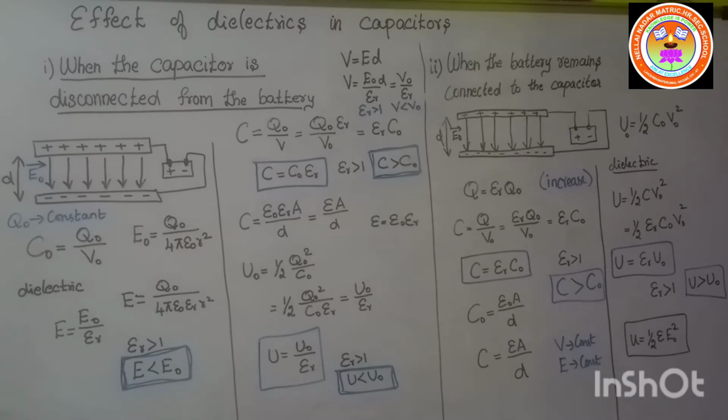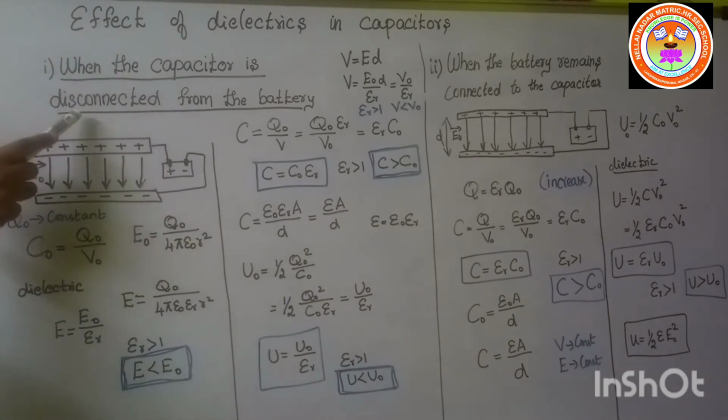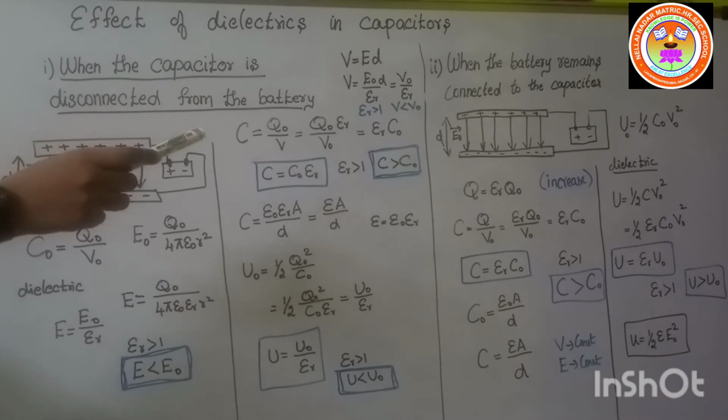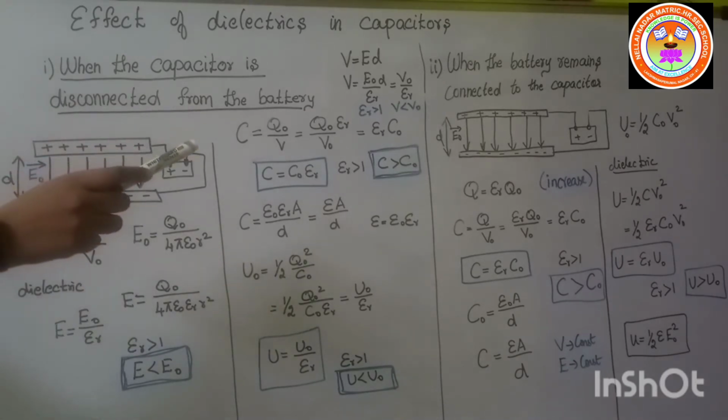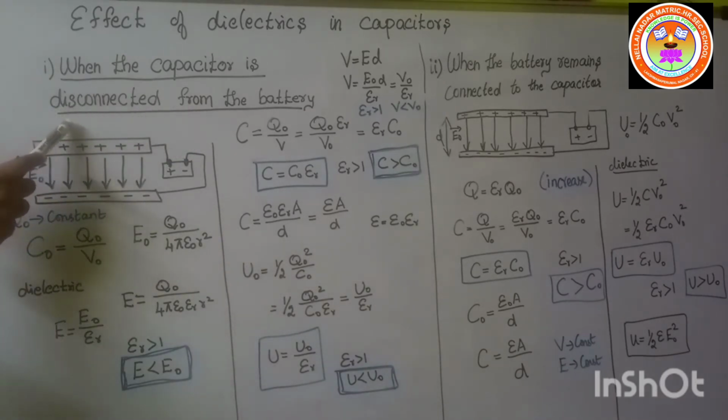Now listen, we have two cases. The first case is when the capacitor is disconnected from the battery. The second one is when the capacitor is connected to the battery. First we are going to see the disconnected case. So first I am going to consider one capacitor, the parallel plate capacitor,